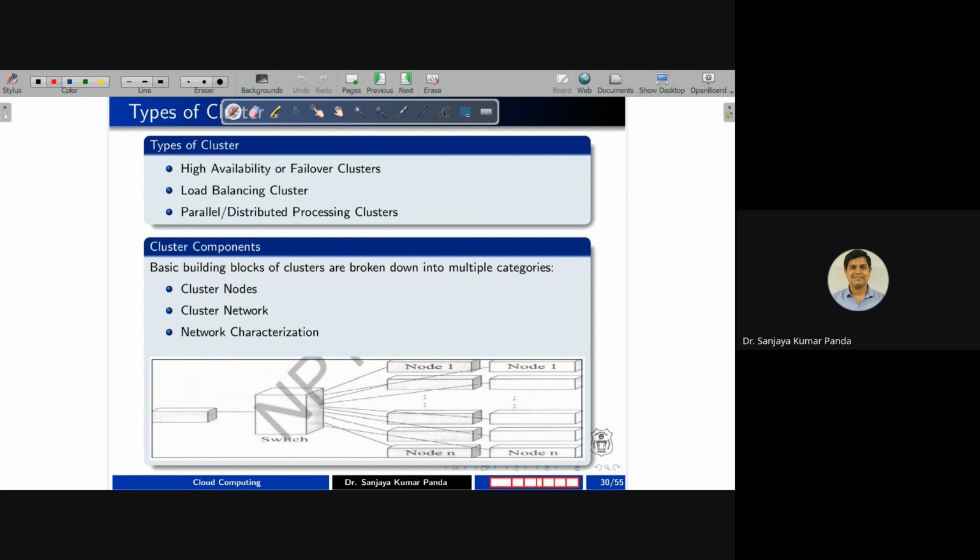Some of the components of the cluster you can see here. Cluster nodes are there. You can see there are several nodes. I can say these n nodes form one cluster, and these n nodes form another cluster, right? They are connected through high speed switches so that we can provide the service without any hindrance. So network is one of the parts. Which switch is connected to which cluster, that you also need to know. That is network topology. Everything is important in order to access the components of the cluster.